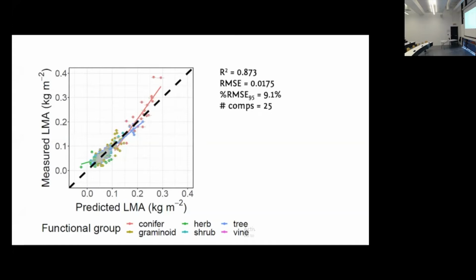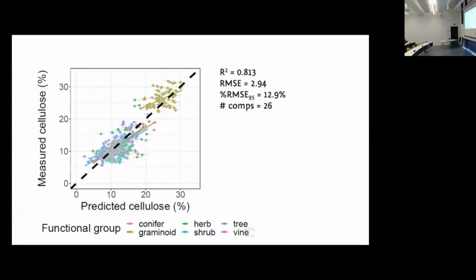The number of components is like the number of latent variables from the spectrum that are used in predicting the trait, and so it's quite a complicated model, which I think is just because there's so much data that subtle aspects of the spectra can be pulled out to aid in prediction. We can do pretty well, and then for a trait like cellulose, again we do pretty well, but